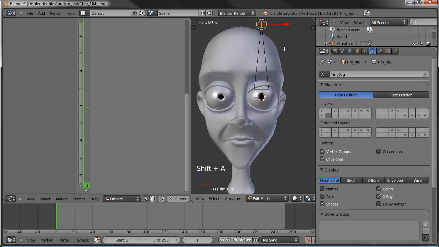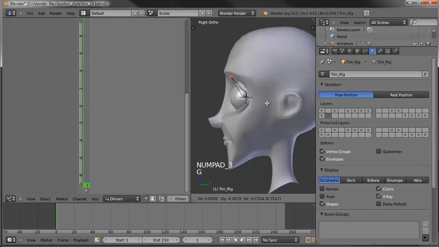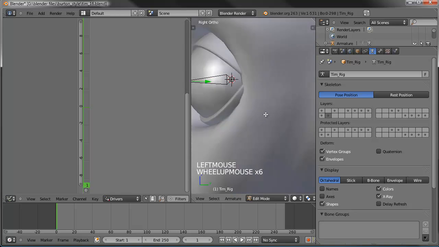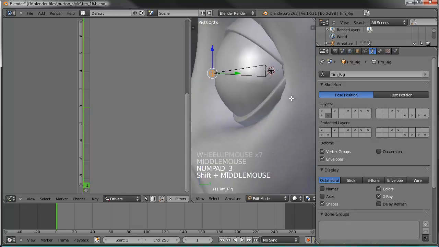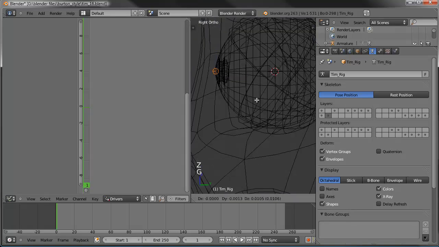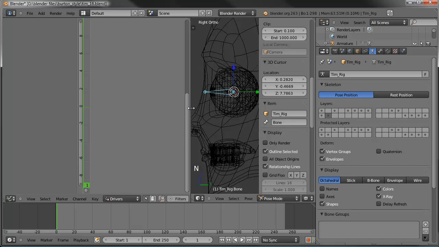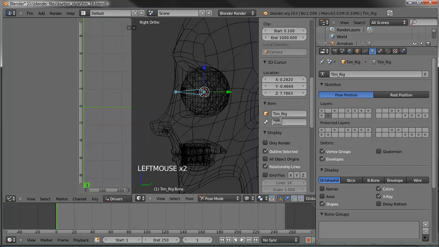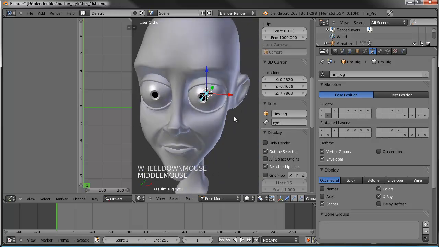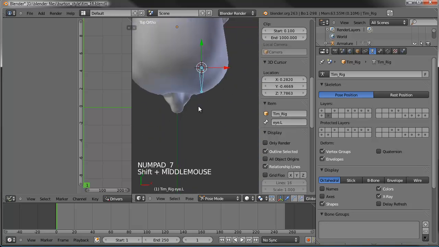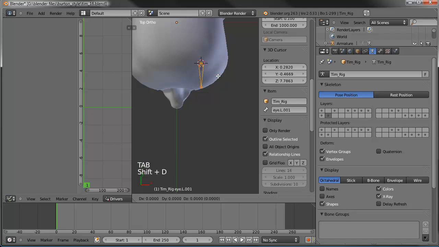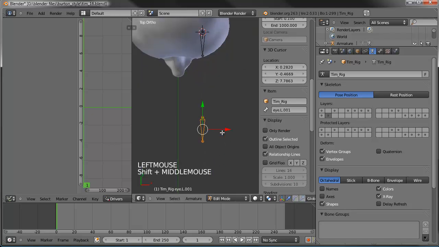I'm going to Shift A, and actually let's tab into edit mode first. Now Shift A, and it'll add a new bone. I'm just going to drag this down to where it's even with the direction that the eye is pointing. So about right there, and then just drag it out a little bit. Okay, go ahead and open up our properties panel. Go ahead and name this one eye.l. Okay. And then we're going to duplicate that, back into edit mode, Shift D, drag it on the y-axis, and we're going to call this one